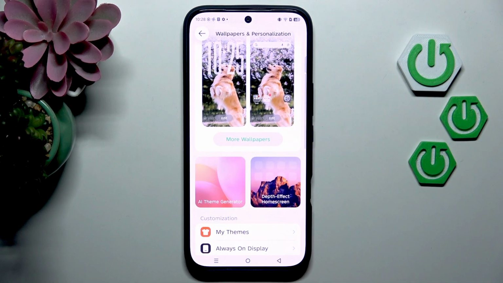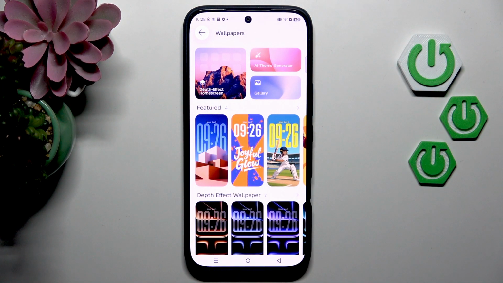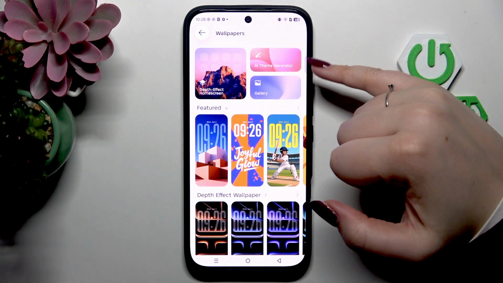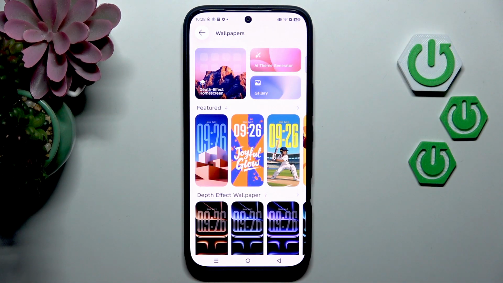Here we have to tap on More Wallpapers. As you can see, we've been transferred to the section from which we can choose the wallpaper from. I will omit AI theme generator and depth effect home screen because it doesn't work on all of the wallpapers. However, I highly recommend to check my other tutorial where I explain the depth effect home screen and AI theme